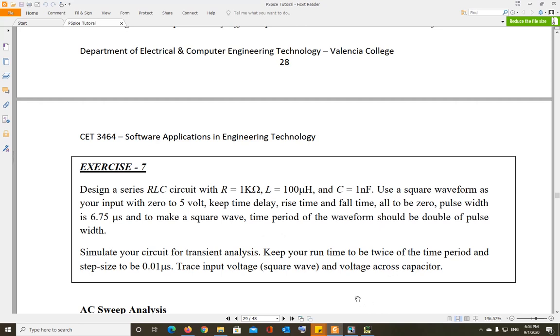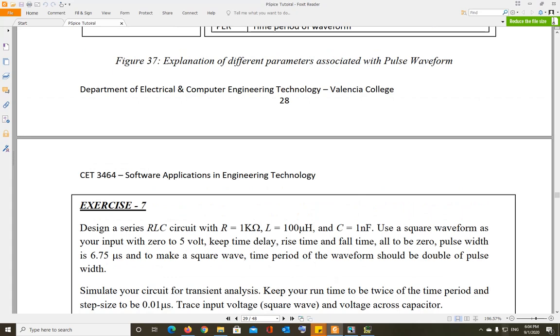Choose a very small value for that, like 1 picosecond for both rise time and fall time, and that's going to fix that problem. This should be instantaneous from 0 to 1. If you set it to 0, theoretically it should be instantaneous. But if it is not instantaneous, just keep 1 picosecond for both rise time and fall time, and it will make it instantaneous. Okay, so this finishes up the discussion for